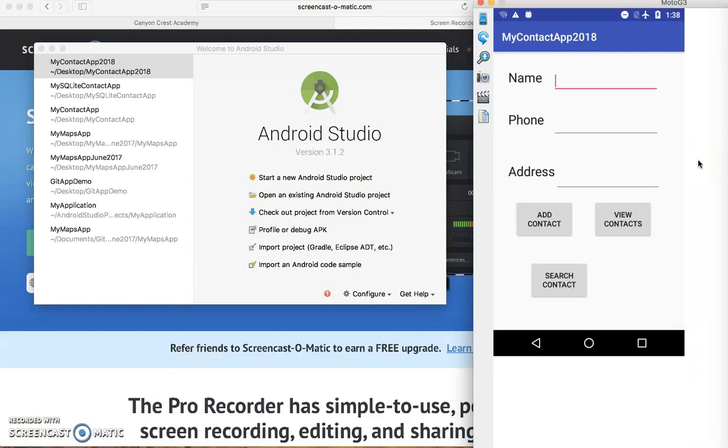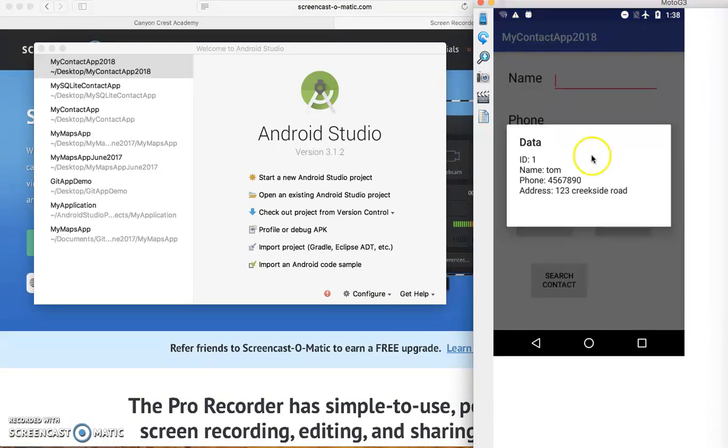So what you see here on the screen is the screen capture of the Android device that has the basic app working with it. Not too splashy or anything like that, but it's called My Contact App, and you can store name, phone numbers, and addresses to it, add contacts to the database, you can view them, and then you can search them. So for example, if I were to search my contact list currently, or just look through my contact list, I have one data entry or one record in there